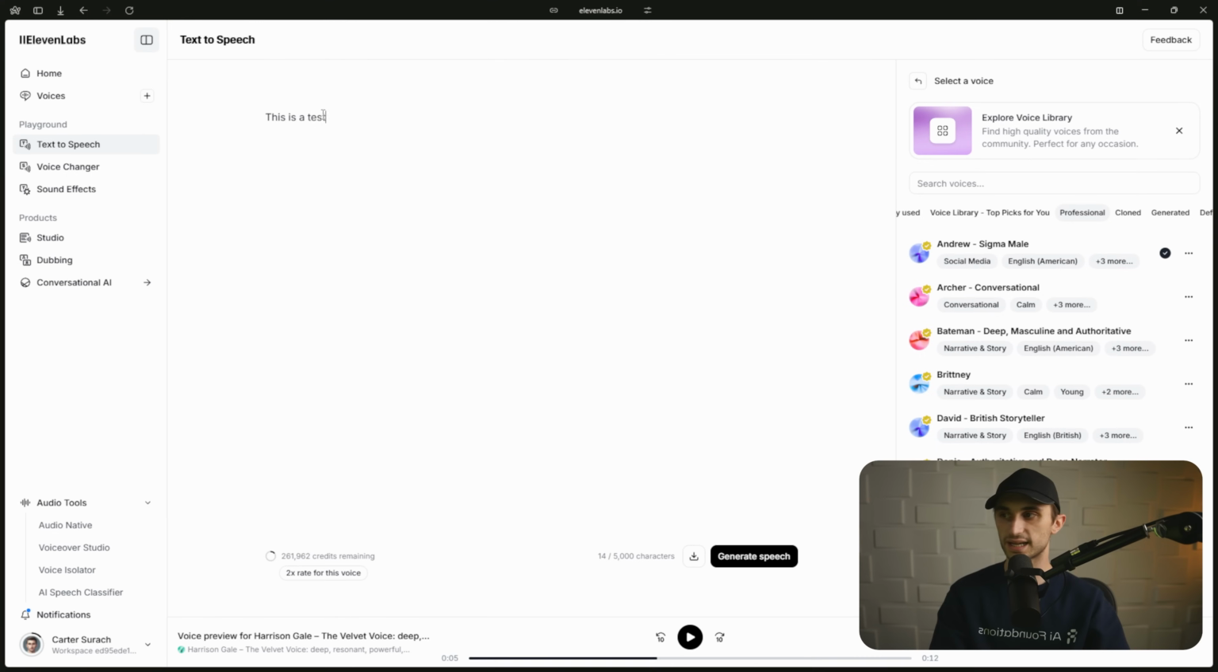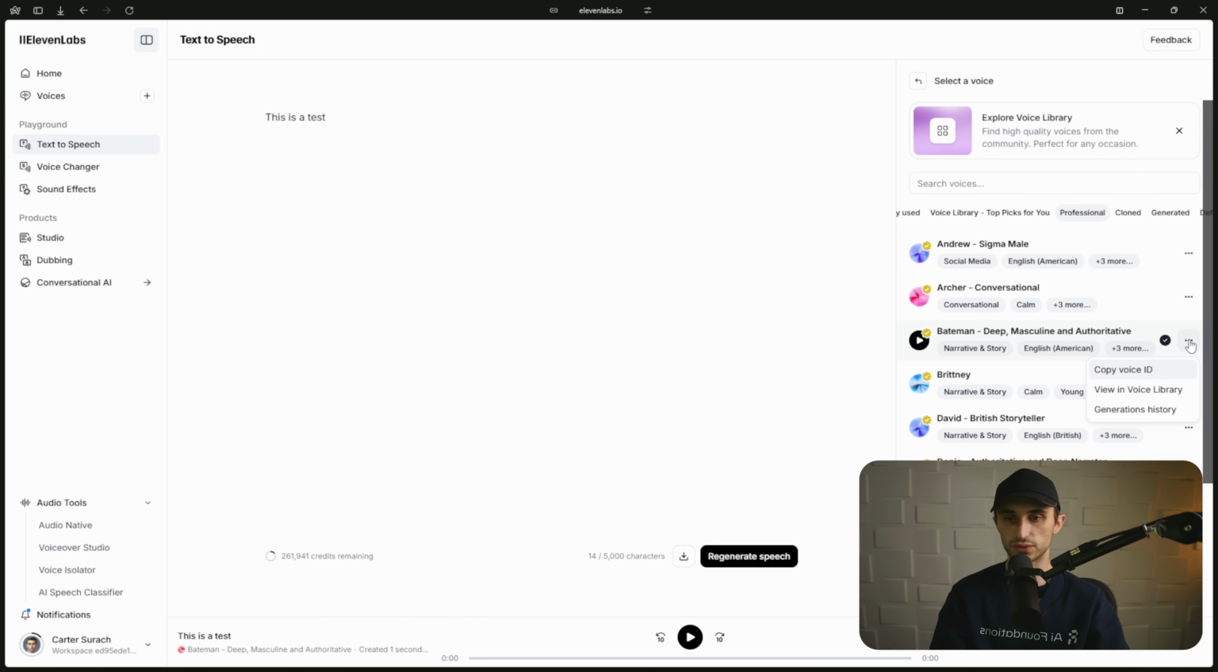And if I want to test out a specific bit of text, I can just hit generate speech. This is a test. Now they have the voice of Patrick Bateman from American Psycho here. So if I wanted to use this one, click on the 3 dots next to the voice that you want to use after you've tested it out and you like the voice that you've chosen, and click on copy voice